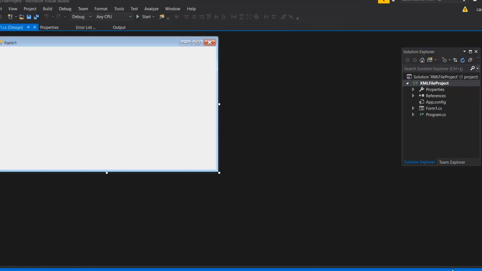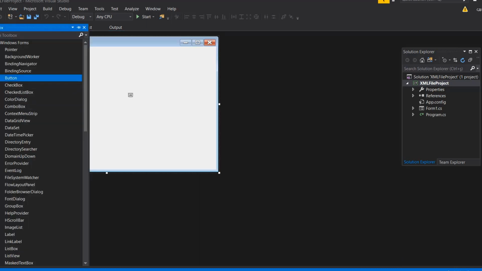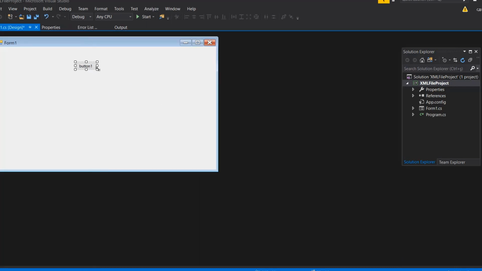Now once this is created, what I'm going to do in here is to basically create an XML file. Now you can name the file as you create it. You can simply give it a name or just create the file with a specific name when you click on a button or something. So I'm going to create a button in here. Let's just put it into a group box as well so that we don't have to modify each and every button separately. I'm just going to create a group box and put the button inside